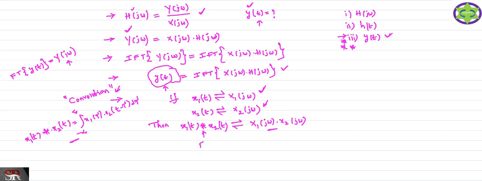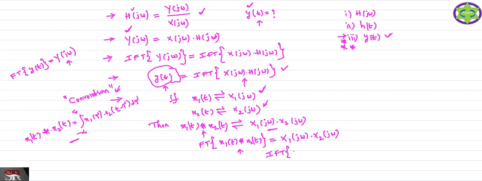So from the above statement, we want to find the Fourier transform of the convolution of the two signals. The formula is the multiplication of the two signals in the frequency domain. This is the property of convolution for Fourier transforms. Now I want the inverse Fourier transform of x of j omega and h of j omega. For that you need to apply the inverse Fourier transform on both sides of the equation.